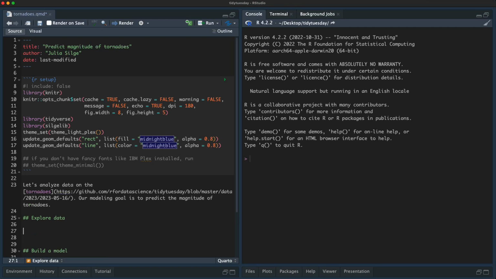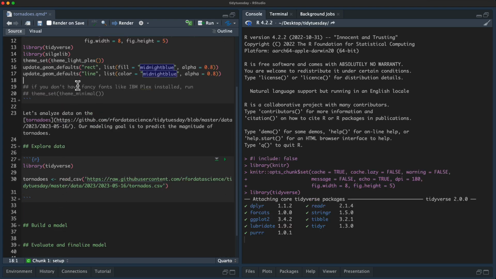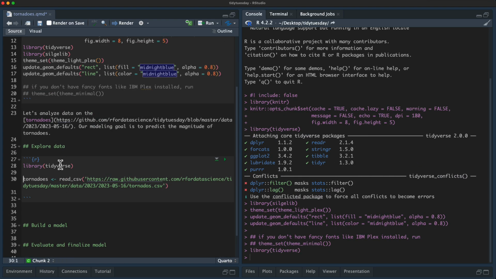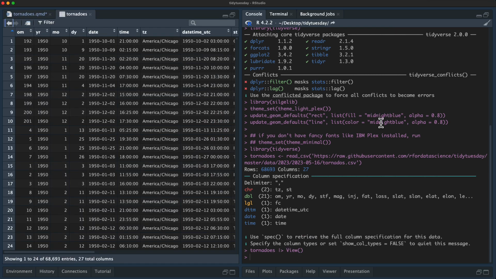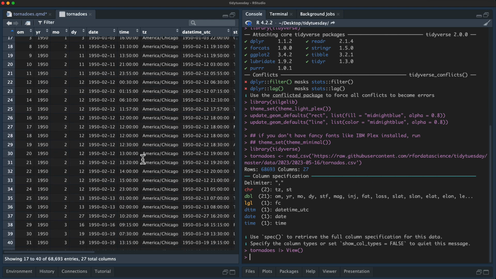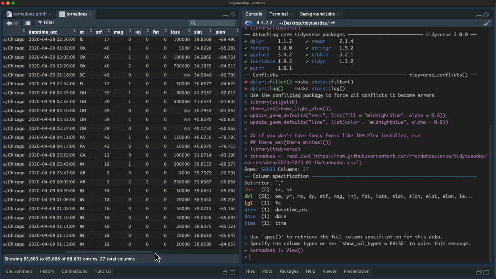Okay, let us dig into these tornadoes. So this is, like I said, this week's Tidy Tuesday data set. I'll just pipe it to view and take a look here. So there are quite a lot of rows of data, lots of tornadoes in this data set going from 1950 all the way up to now.